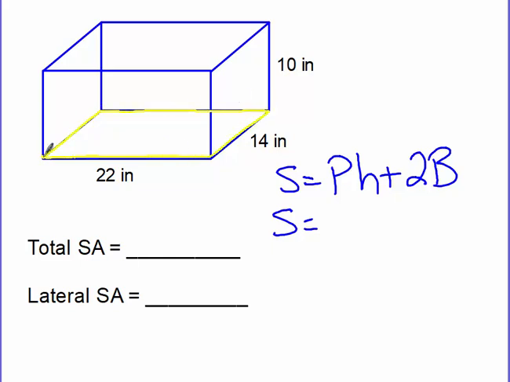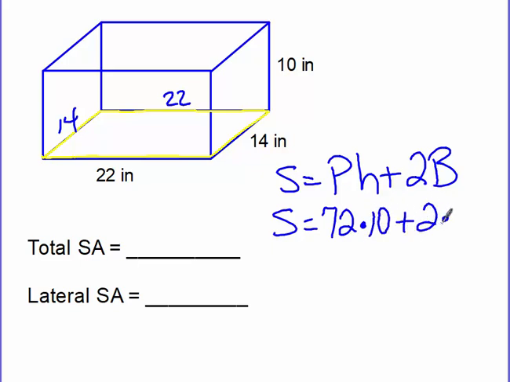So here is our base that I want to put together. So I'm going to take the two pieces that I know, 22, and add the 14 to that. That gives me 36. And then I double it because I know over here is another 22 and here is a 14. So 36 doubled is 72 times the distance between the two bases, which is our 10, plus 2